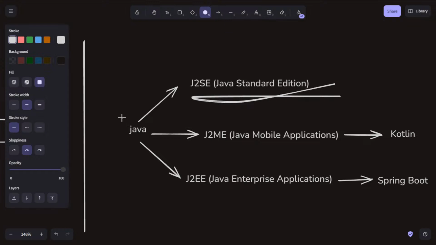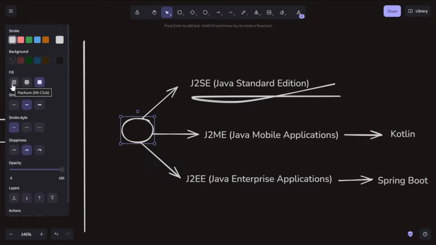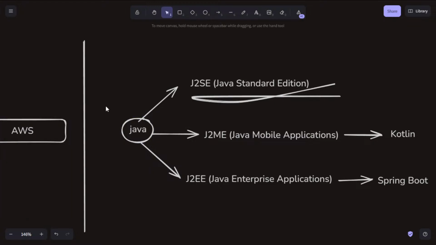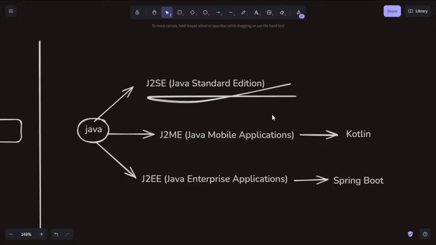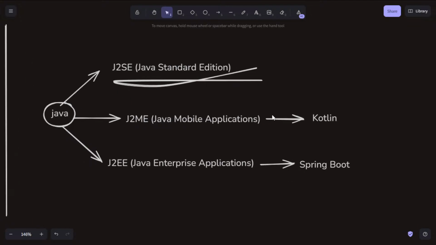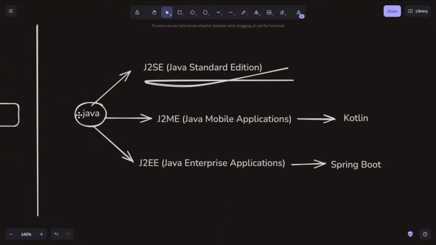For fundamental purposes, we are going to learn Java and all the fundamentals, like what are classes, objects, inheritance, interface, abstraction, all the collections, and lambda expressions. All these things we are going to learn here.